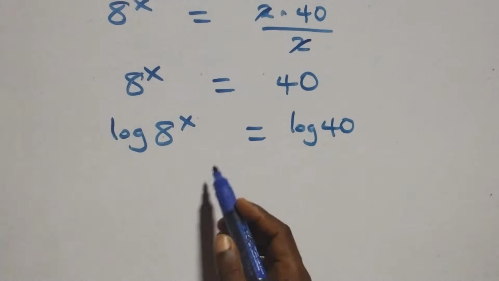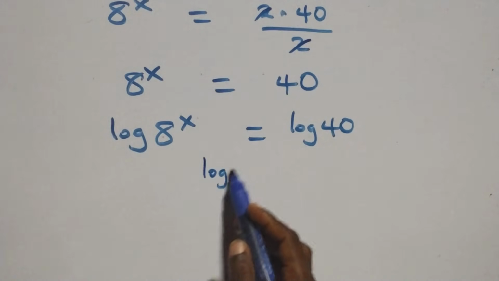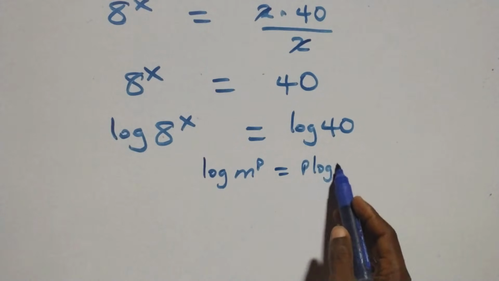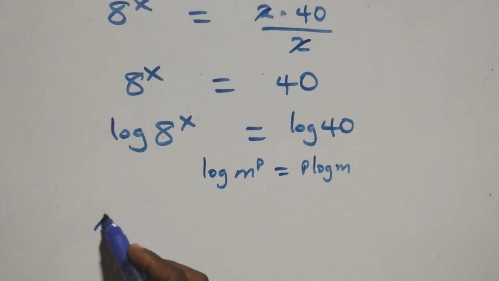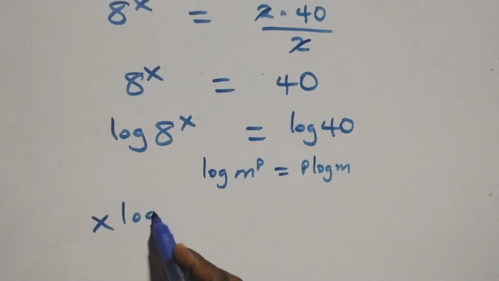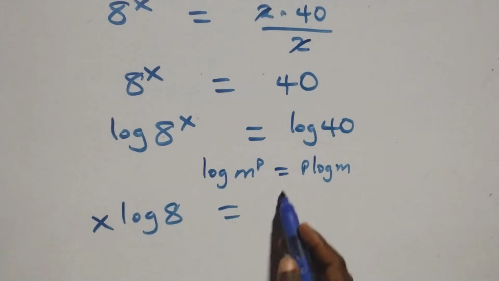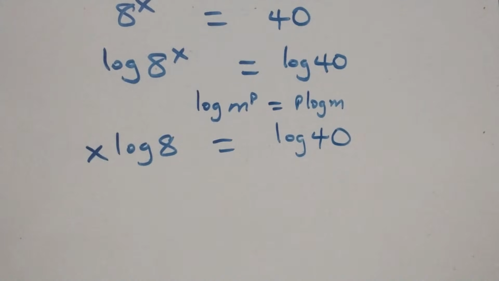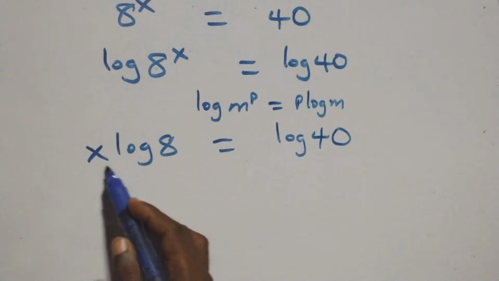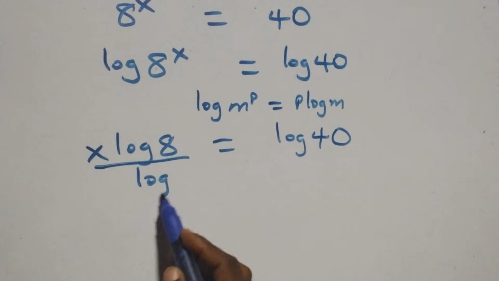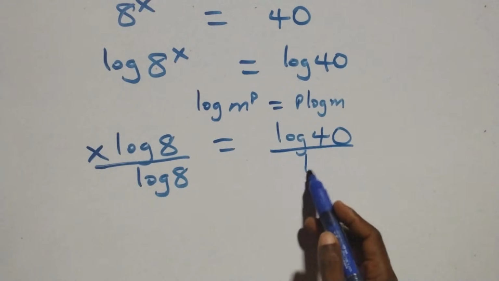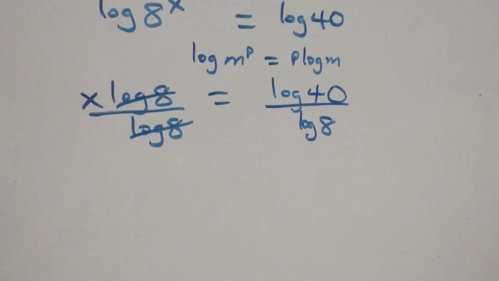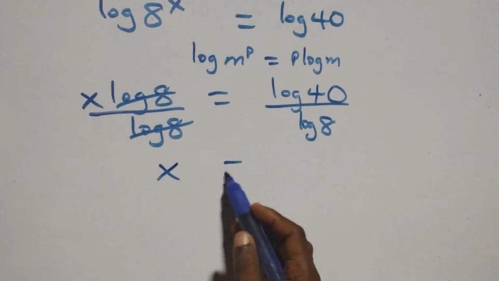Then we apply the power law of logarithm. When we have log m raised to power p, this is the same thing as p log m. So we have x log 8 equals log 40. Then we divide both sides by log 8. Log 8 cancels on the left, and we have x equals log